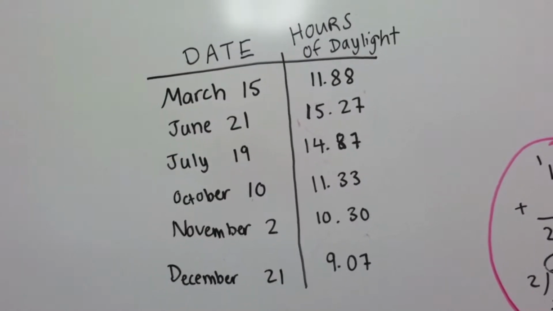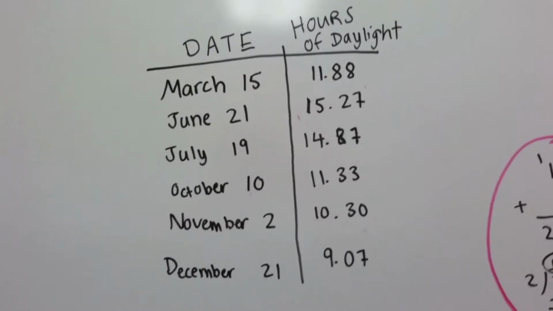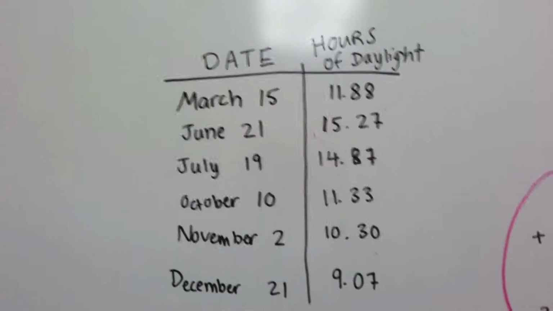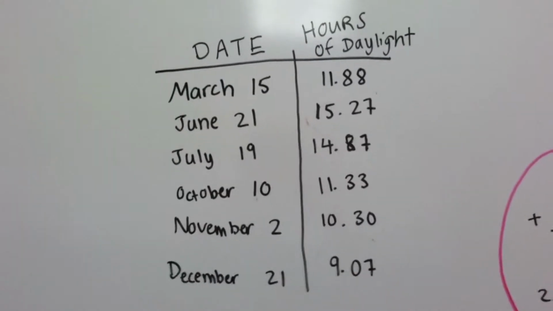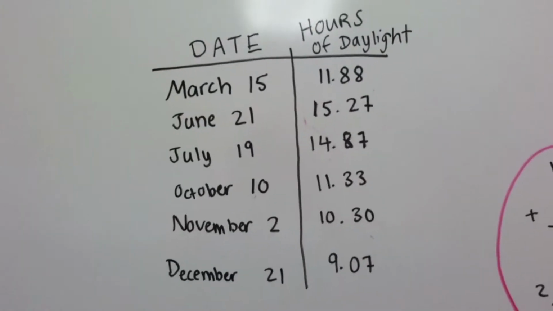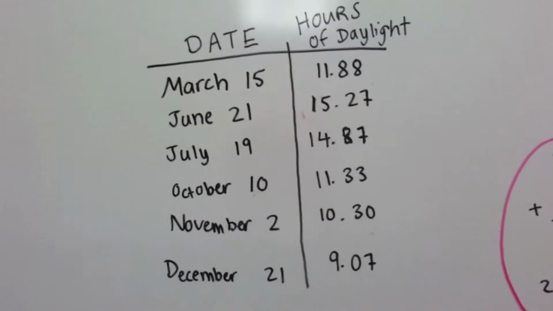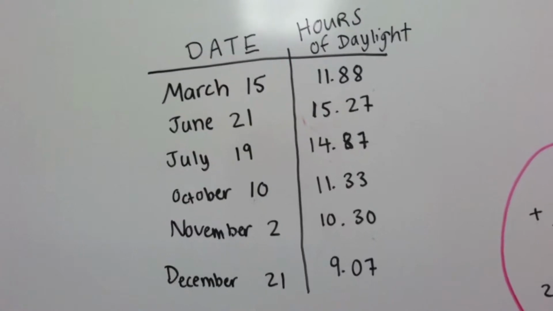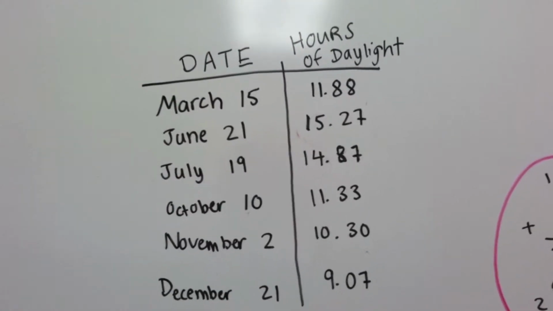In this video, I'm going to determine the formula for the sinusoid that models the daylight data. Here is the given data. In order to determine the equation for the hours of daylight, h of t as a function of the day of the year, t, where t is counted as the number of days after December 31st, we must first find